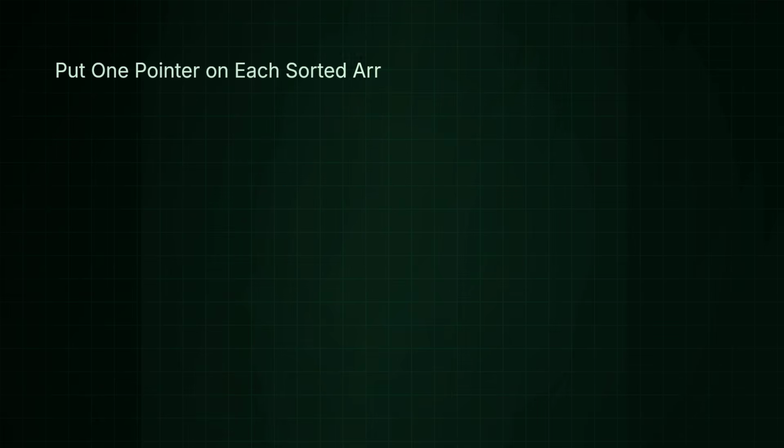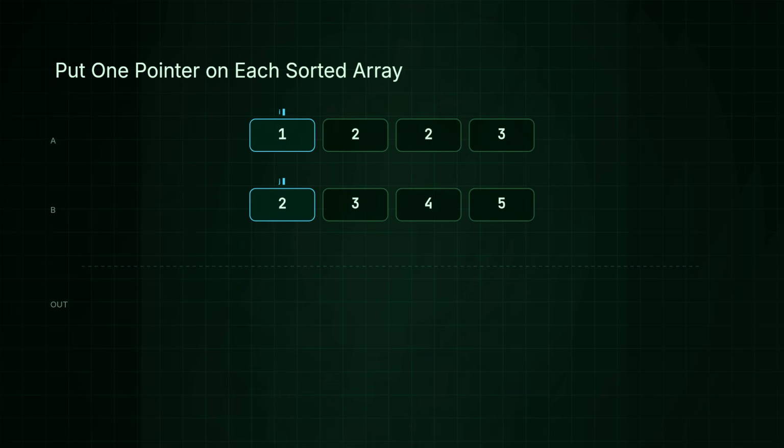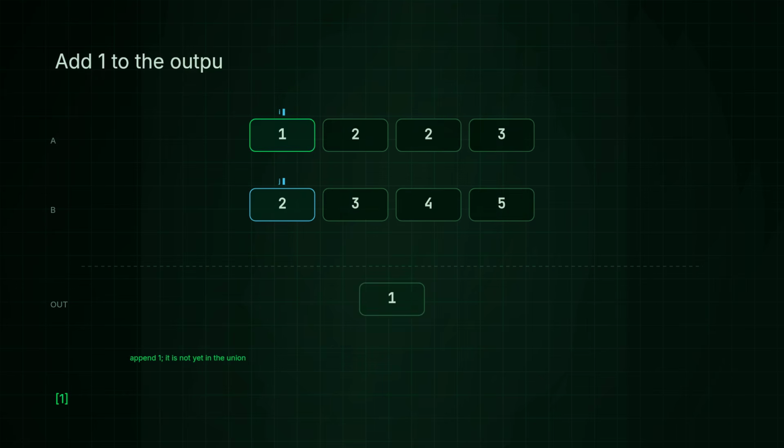Place one pointer at the first value of each sorted array. The output will keep every distinct value once. Place one pointer at the first unused value in each sorted array. The output starts empty. Take 1 next because it is the smallest unused candidate and is not yet in the